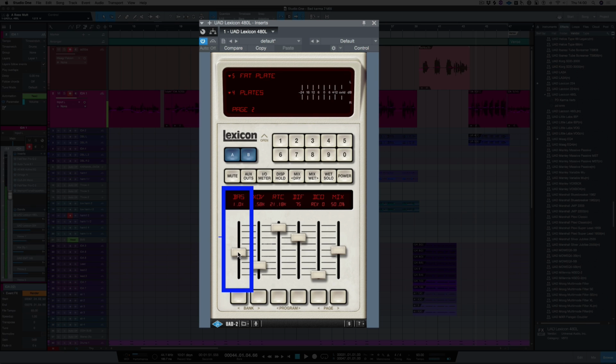I'd like a bit more bottom end in the reverb, and the bass multiply control multiplies the low frequency reverb time. So let's bring it up to about 1.5. Right, let's turn up the crossover